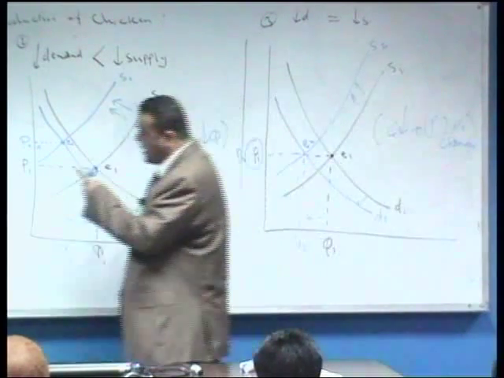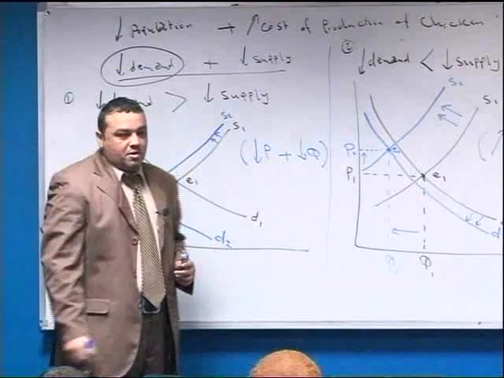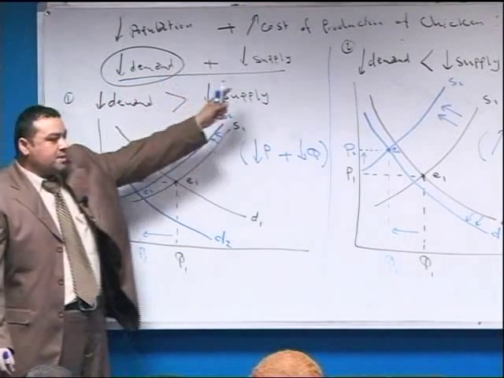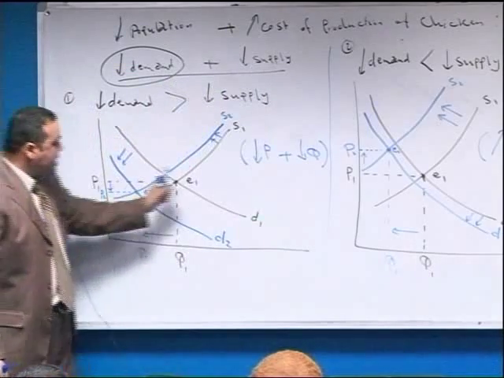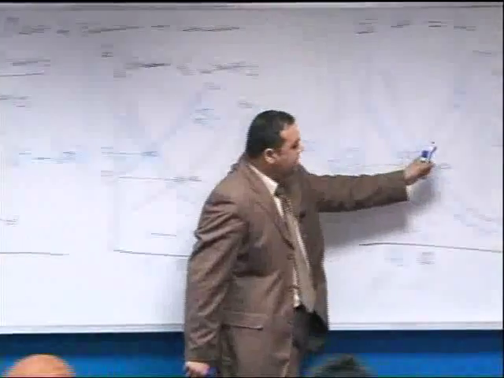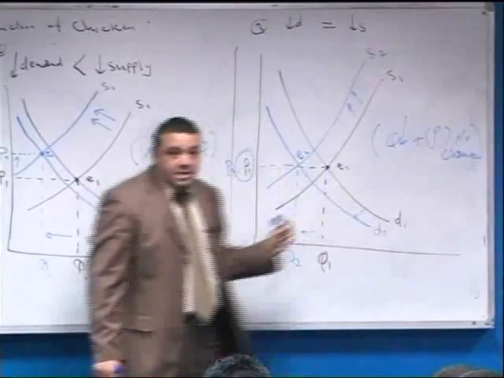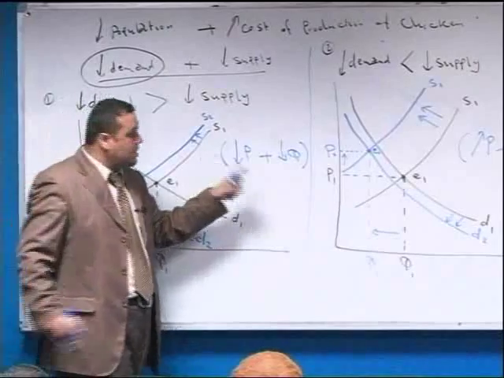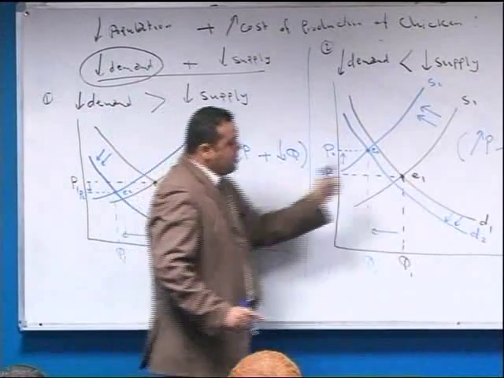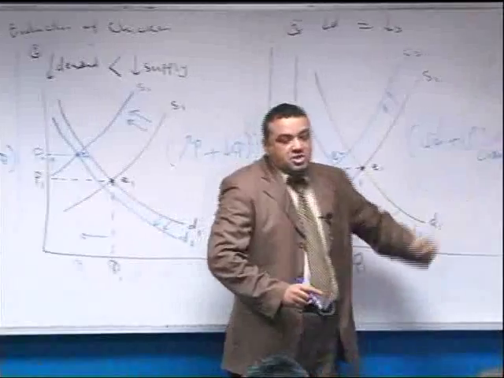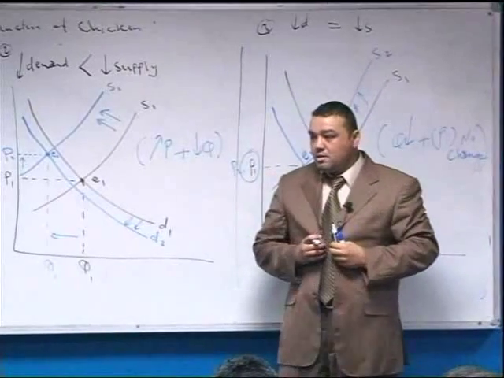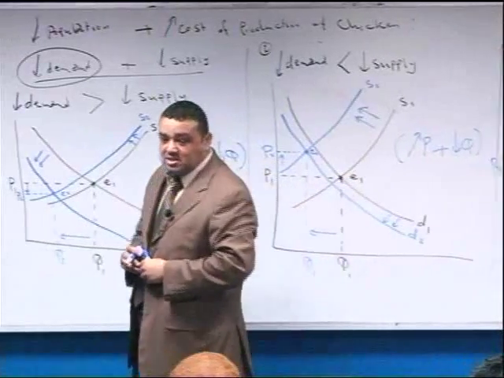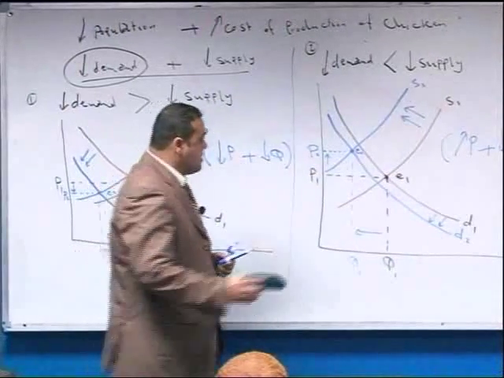So let's come back to the final result or the final conclusion. If demand declined and supply declined, in all cases the quantity demanded has declined or decreased, and the price is ambiguous because in the first case it has declined, increased, and no change or constant. Right? Let's go to the last case, and then we go to the price elasticity of demand. The last case,